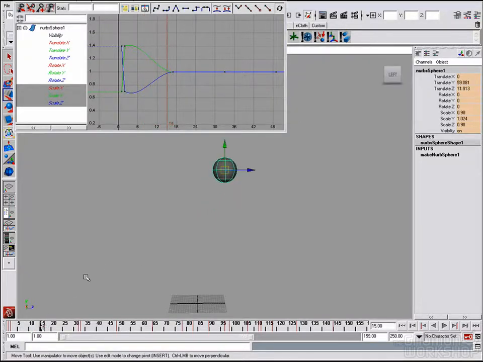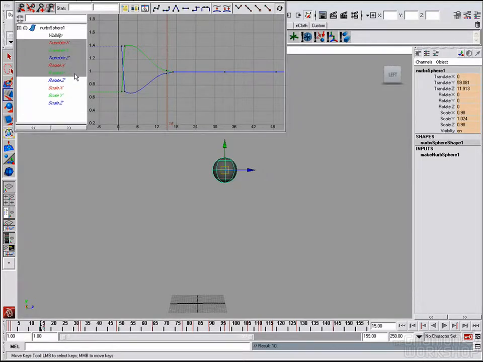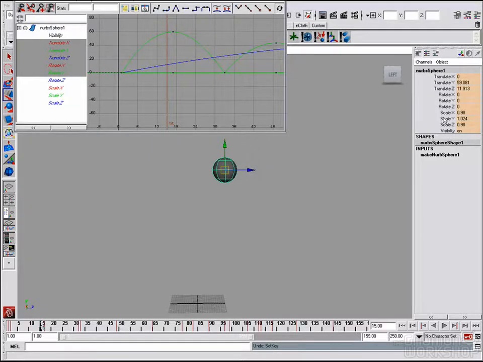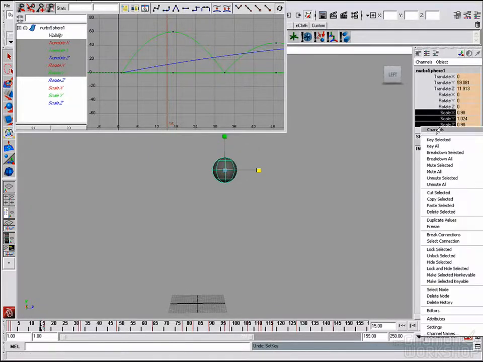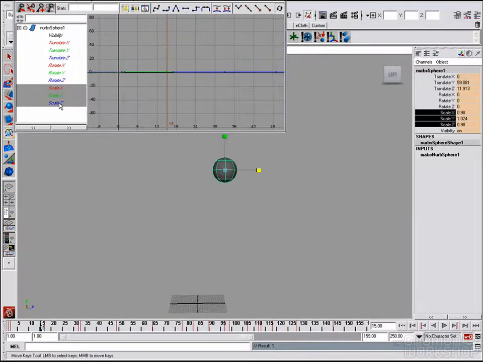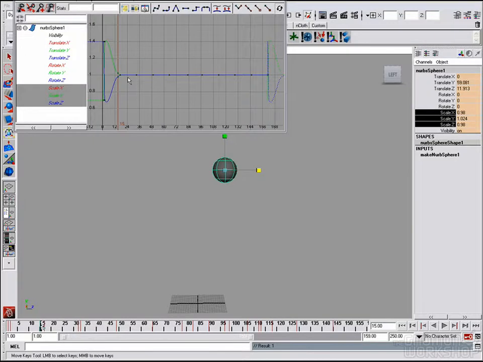So one thing we can do is set a key here. Now you have to be careful when you set keys with the S, because you're also going to set a key on all this other stuff. So this is a case where you want to key just the elements you're keying. So I'm going to Control Z, and this is where the channel box comes in handy. You go there and just do Key Selected. So now we see there's no key here on translate and rotate. There's just a key on scale. So when we frame it here,